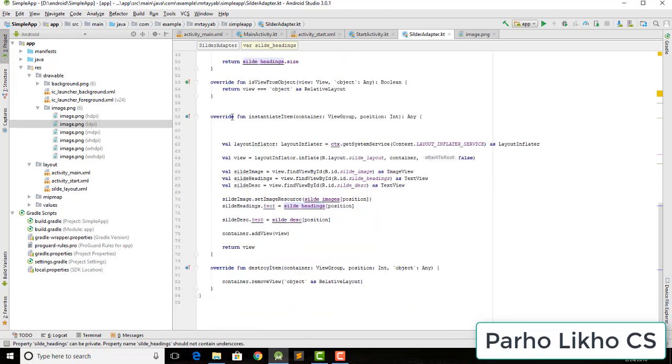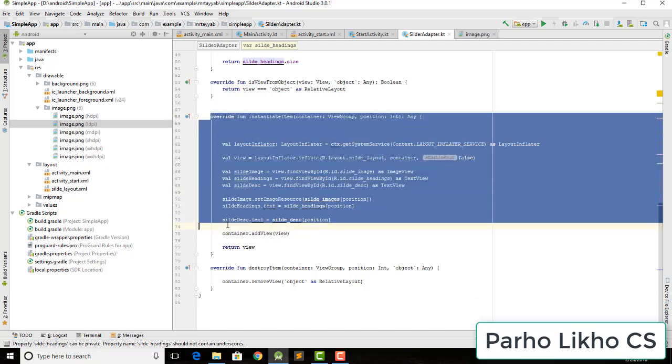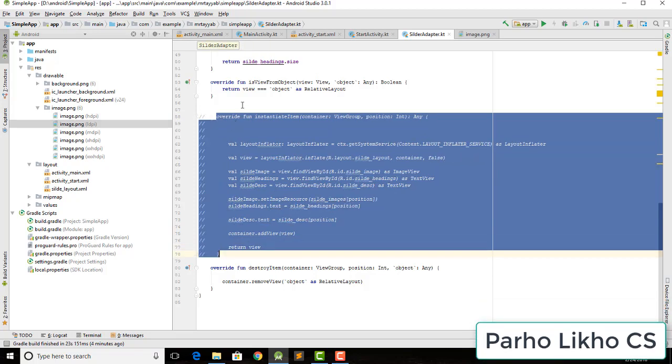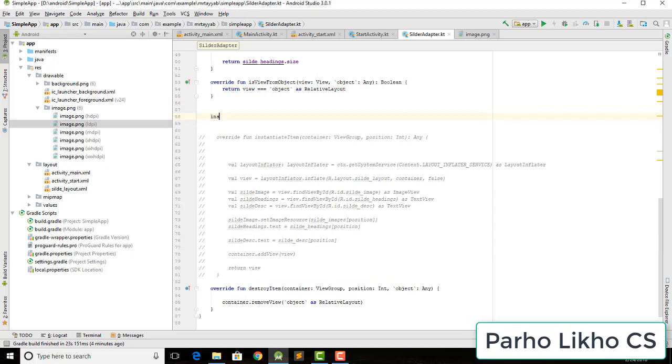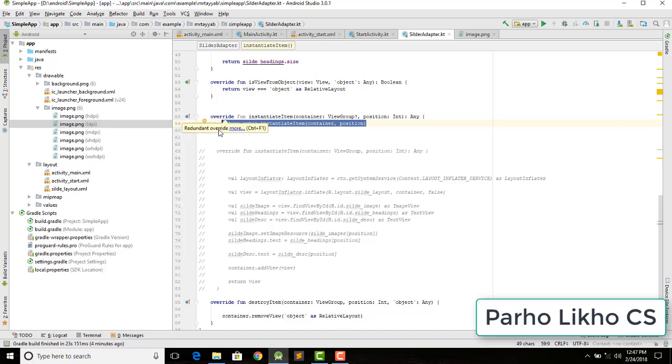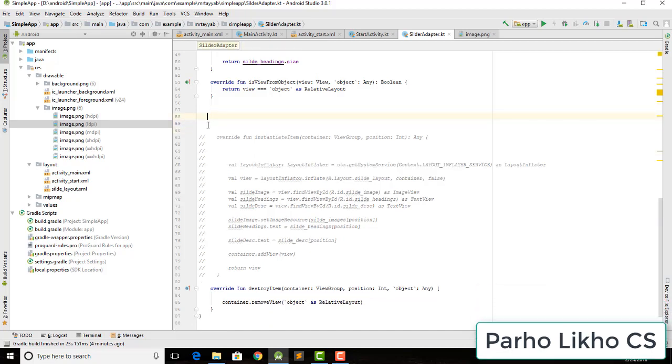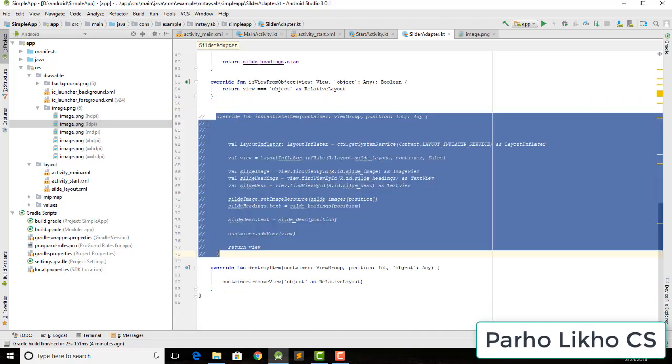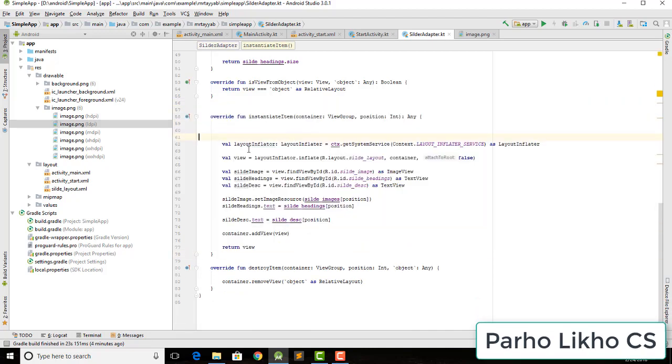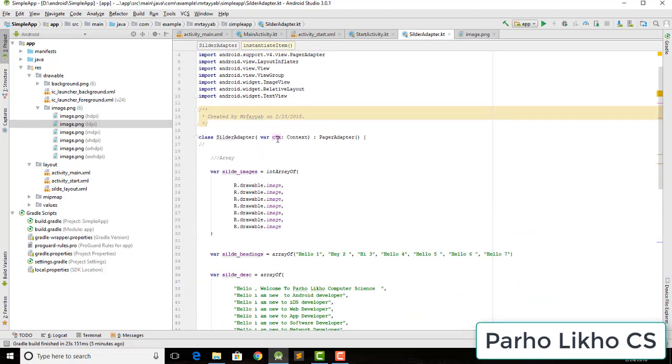Okay guys, after this we write a function instantiateItem. So you can see, I'll show you how to open it. I write here, you can see the first one, you hit enter. You can see this function. Okay guys, I uncomment this line, uncomment this. After this we write val inflater, and also inflate with the layout inflater, and get the context we made on the top here. You can see